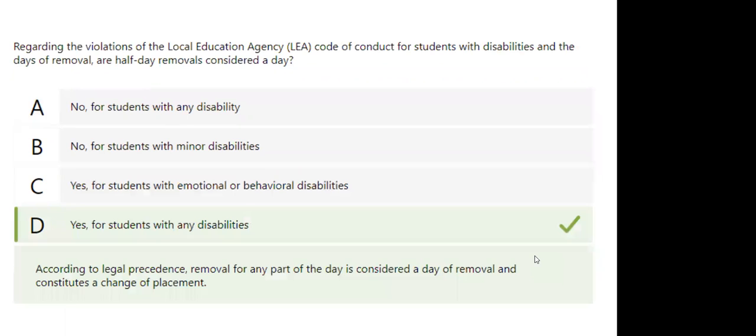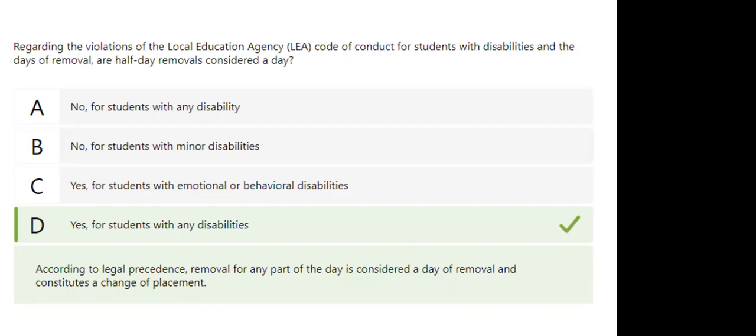So let me give you the answer to this one. According to legal precedents, removal for any part of the day is considered a day of removal and constitutes a change of placement. So even if it's just part of the day, for most students, like I said, school districts and states vary on this from time to time, but the code of conduct for this particular question for our state of Tennessee